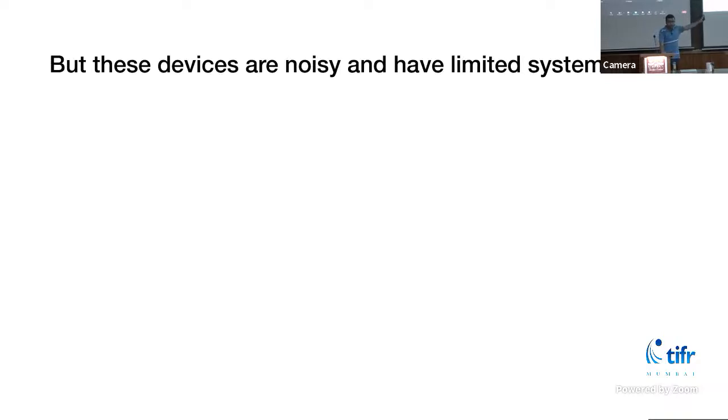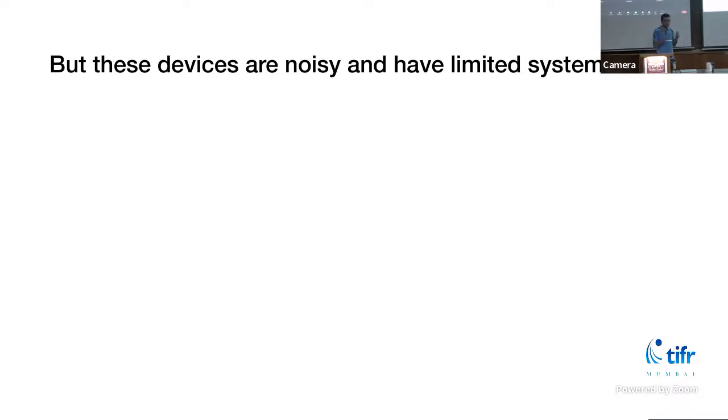Well, the quantum computers right now are very noisy. We will get to what noise means after a couple of slides, but for now, let's take it qualitatively. The quantum systems we have right now have a lot of noise. And secondly, they have limited system sizes. The number of qubits, the quantum version of a bit, is like 50.